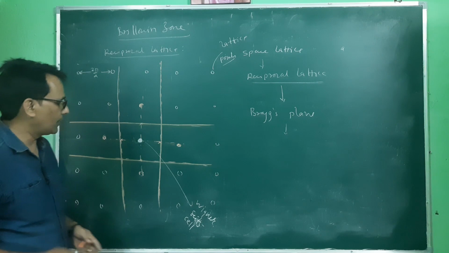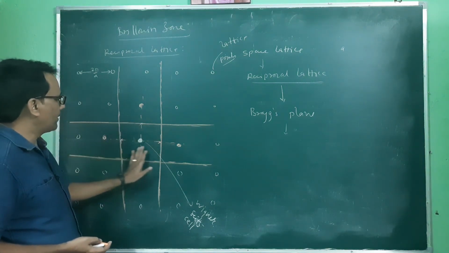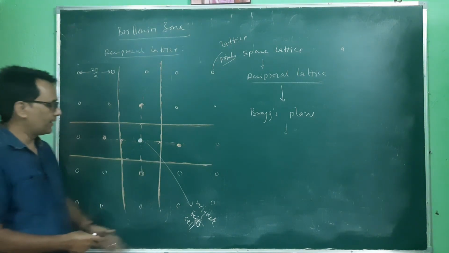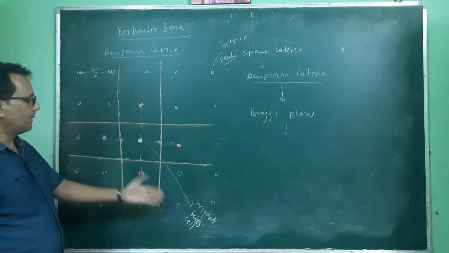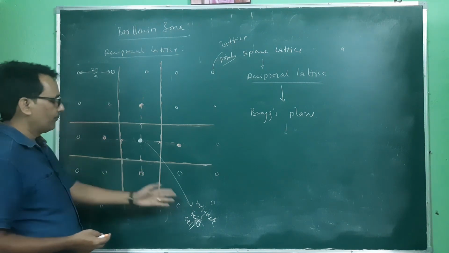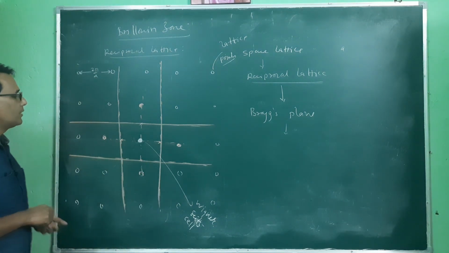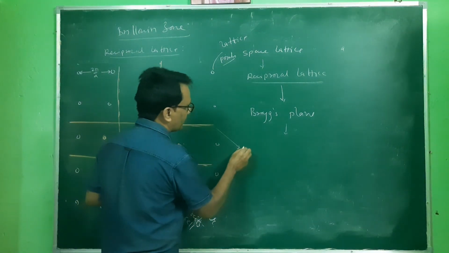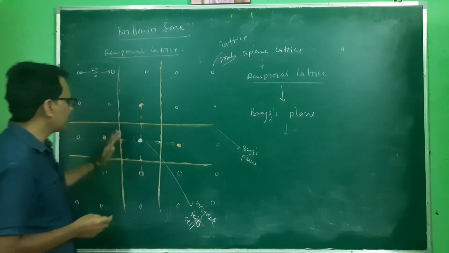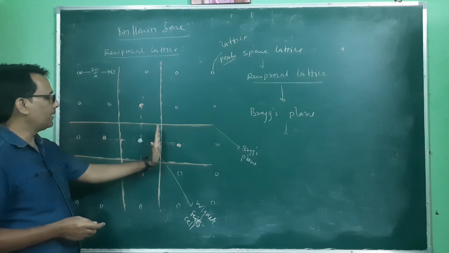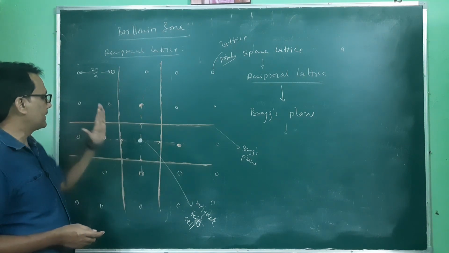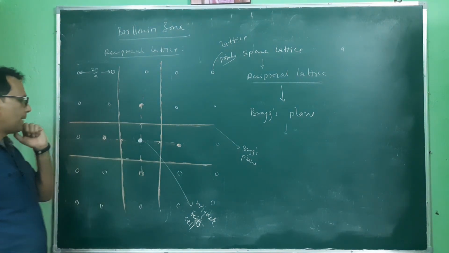This is a different thing, and I am not going into the detail of this, but this region is the space nearby this atom, and this space is known as the Wigner-Seitz cell, and this may be either in the reciprocal lattice or simply in the real space lattice also. So this line is known as Bragg's plane. And why is this Bragg's plane? Because this is a 2-dimensional diagram, but when we think about a 3-dimensional crystal, then instead of one line, there will be one plane like this. So that's why these are known as Bragg's planes.